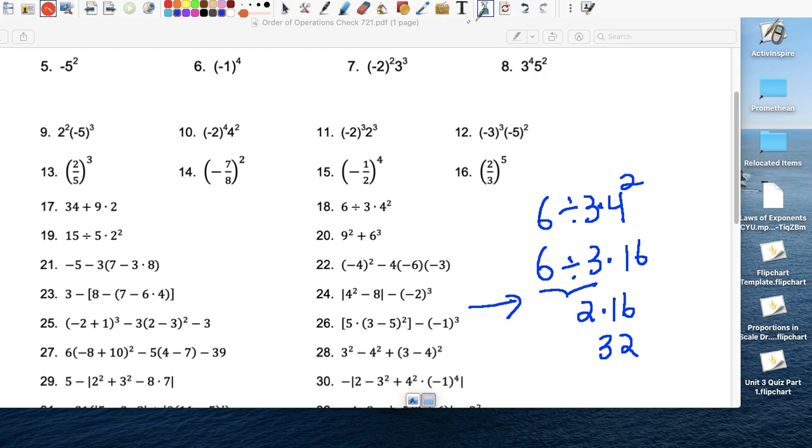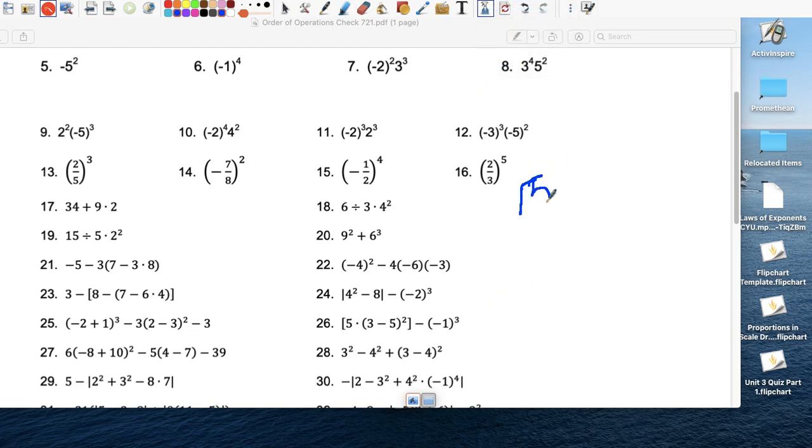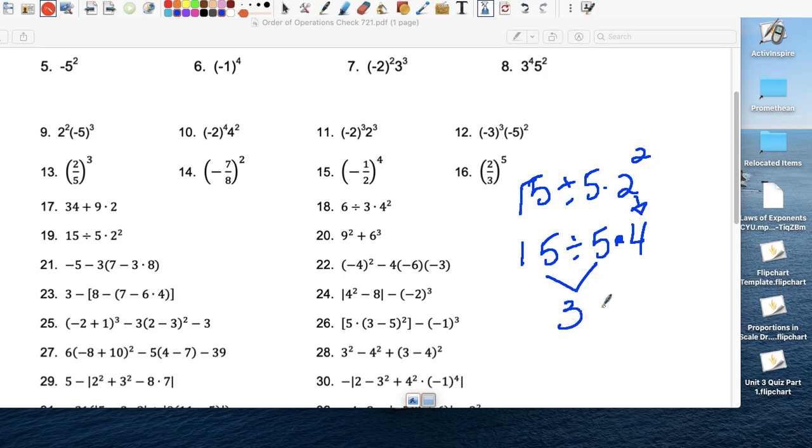This is what I would like to see. 19, 15 divided by 5 times 2 to the second power. Okay, 15 divided by 5 times 4. Change this to standard notation. Now, division and multiplication, well, the order says do it from left to right, so division came first, so we get 3 times 4. 3 times 4 equals